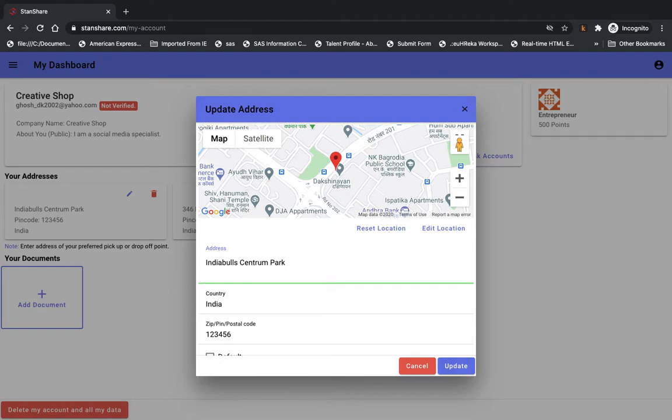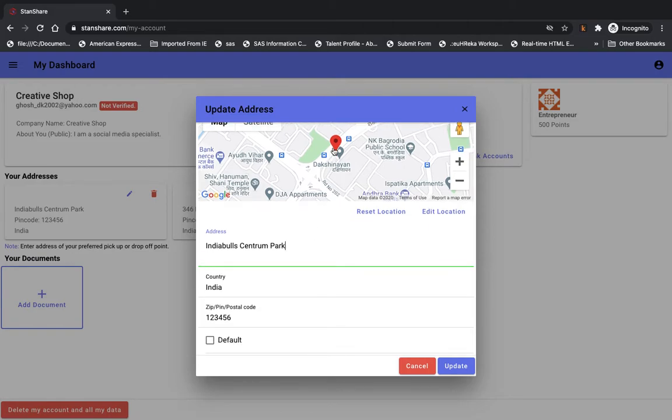Okay, it's better to be more specific than I'm putting here, because your products and services would be delivered or shipped from this address. So you can put this in the text box, and you can see it on the map as well, and you can reset your locations too, or you can edit your locations as well.